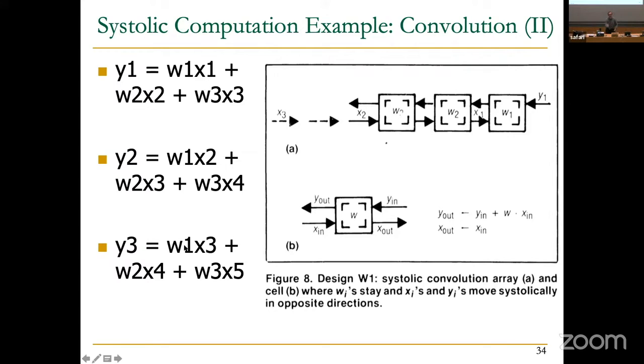So by supplying the data in a nice, clean fashion, this simple array of processing elements is calculating convolutions for you. No need for expensive CPUs, expensive GPUs, or whatever. You just supply the data nicely, right? That's the beauty of a specialized architecture. This is what it does. If you ask it to do something else, it will say, sorry, I cannot do that. Well, it won't even say that. You'll need to figure that out.